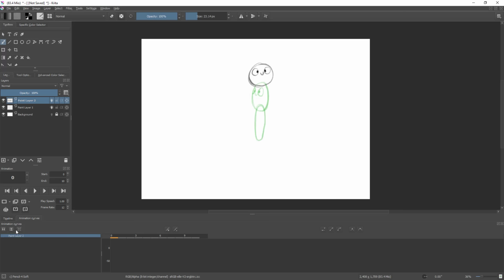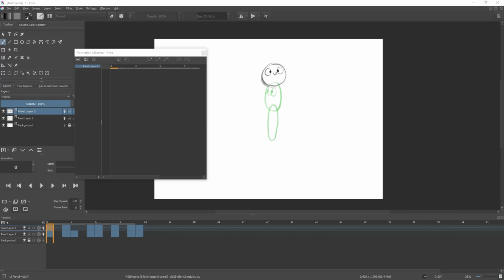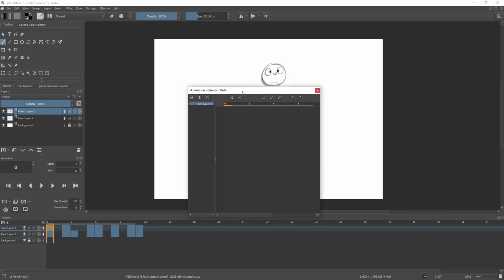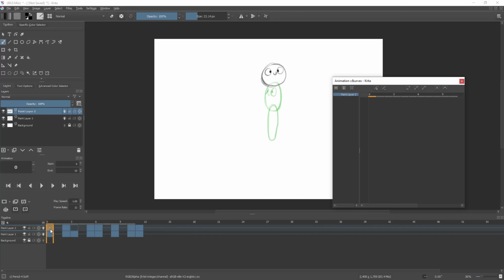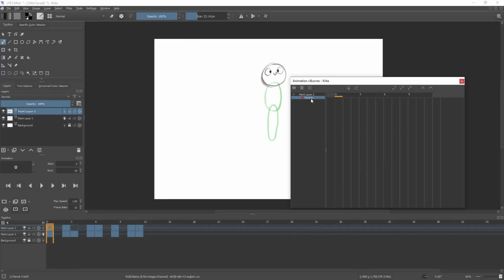So I've undocked the curves. I wasn't able to do that, I'm sorry. But what you can actually do is over there in the plus, you can say, it's not on the plus anymore. Sorry, this has changed. It's over there. Yes, as you can see, you can say add opacity keyframe, and here what I've done is actually added an opacity keyframe, and I can add another one, and for now there is only opacity, but I think this is going to change later on